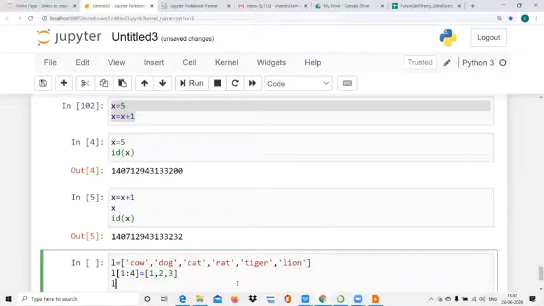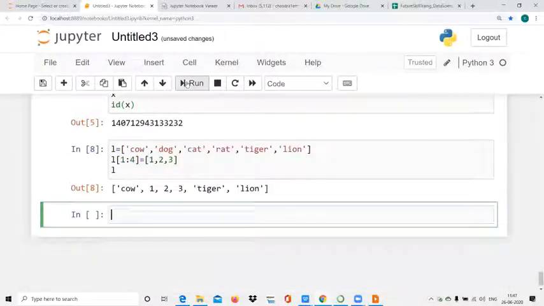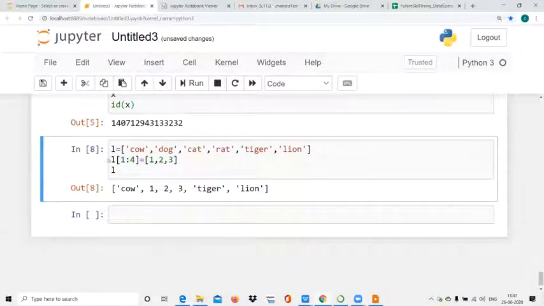Now print L. So this is the way. I want to replace some elements of the list using this method, from first to fourth. The right side is not included, means 4 is not included, we have to go up to 3. From 1, this is 0.